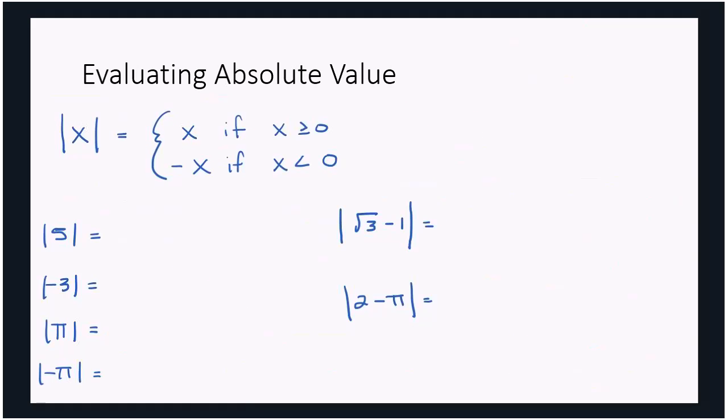So I think on the surface, evaluating absolute value seems easy until you get a question like these ones here. And when you have a question that involves a little bit more of a complex expression, I think students wonder if their answer should have a negative or not. Absolute values can have negatives in the answer. Even though most absolute values of single digits do not have negatives in their answer, you can come across situations where you do have negatives. So I'm going to show you those examples.